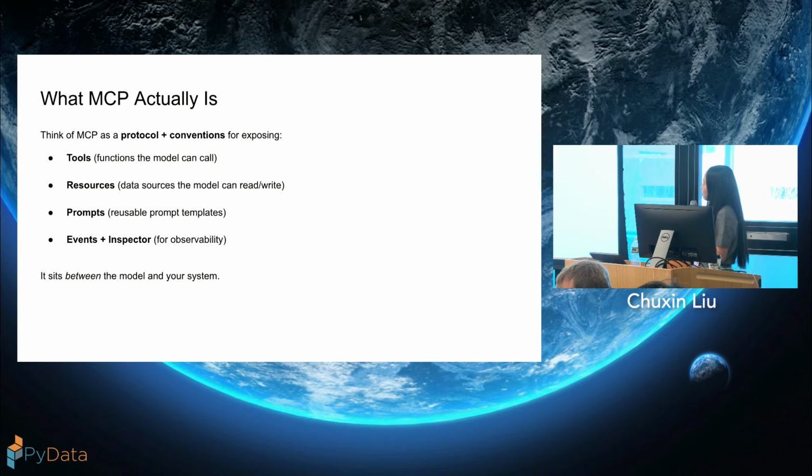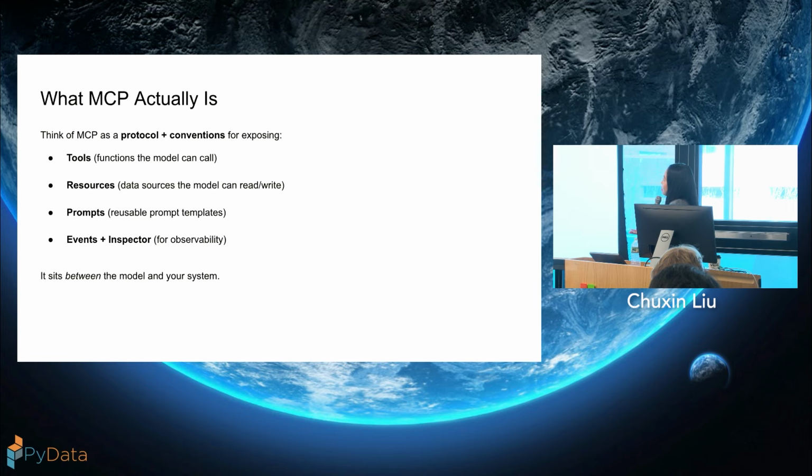So we think of MCP as a protocol or convention that exposes all of your tools to your LLM. Does anyone know what tool calling is? Tool calling is basically functions that your LLM decides it's time to call, for example, querying a data set or running a mathematical function, because an LLM is not good at math.